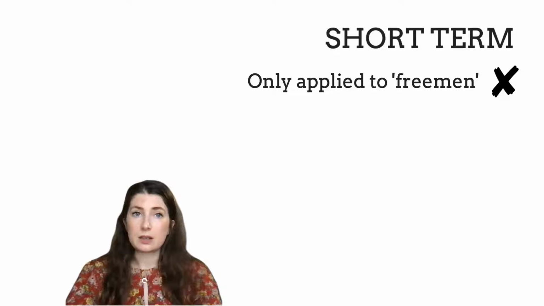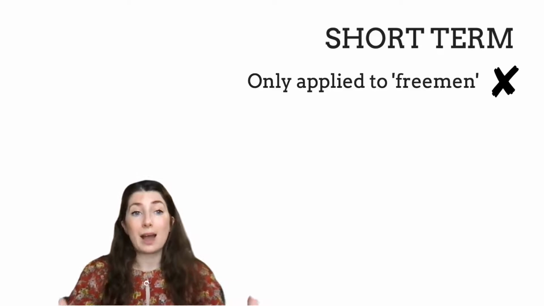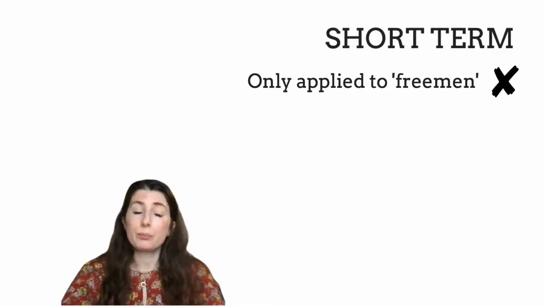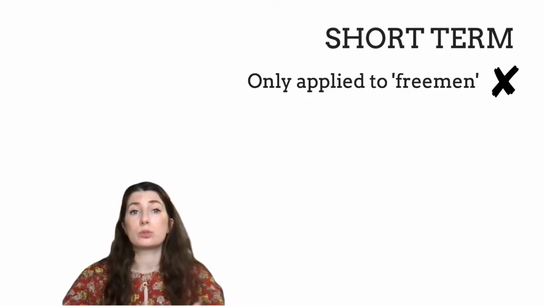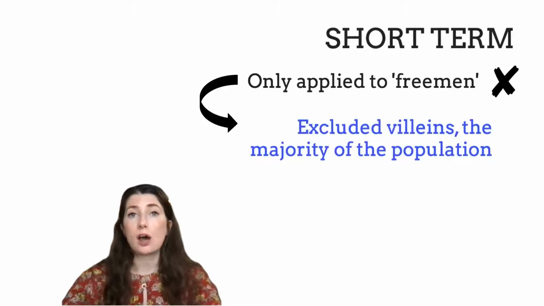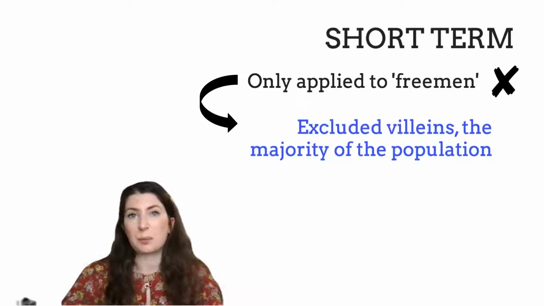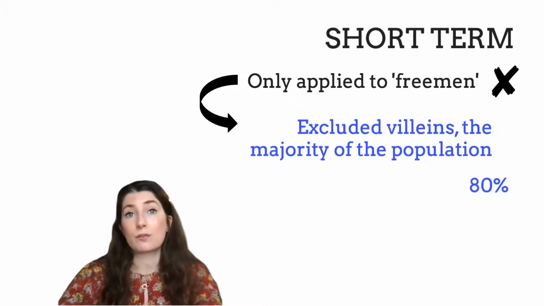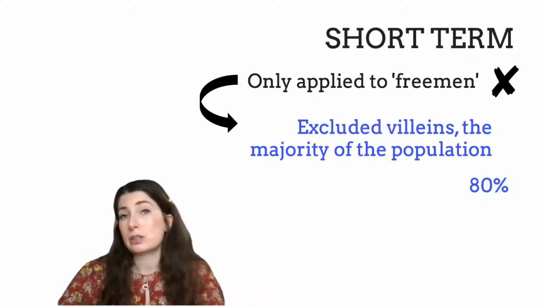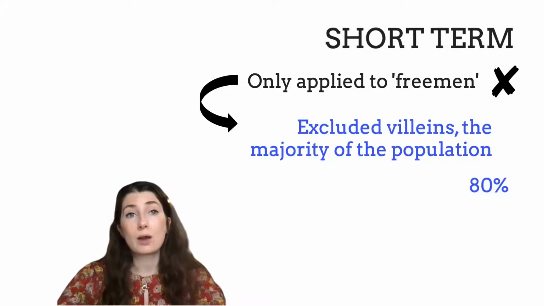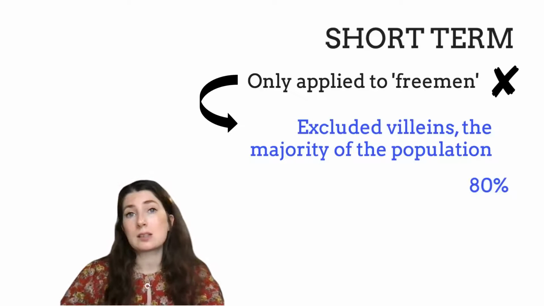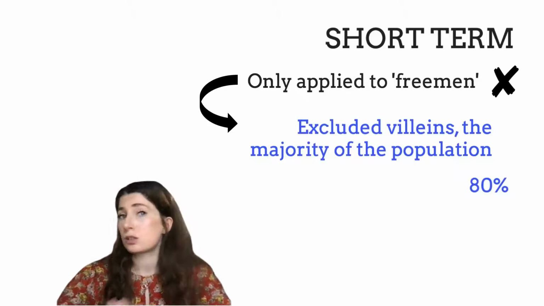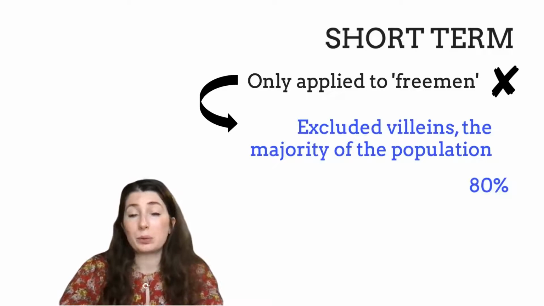So within Magna Carta, they use the term free men. Now, that excludes around 80% of the population. The 80% of the population at this time are what we would call villeins. Now, villeins are tied to the land. A villein is a bit like a peasant, if that makes it easier for you to understand. And villeins made up 80% of the population. So they are not able to leave the land they work on. They're not able to move around or have mobility. And it also means they're not given the same rights as free men. So Magna Carta does not apply to them. It doesn't help these people.